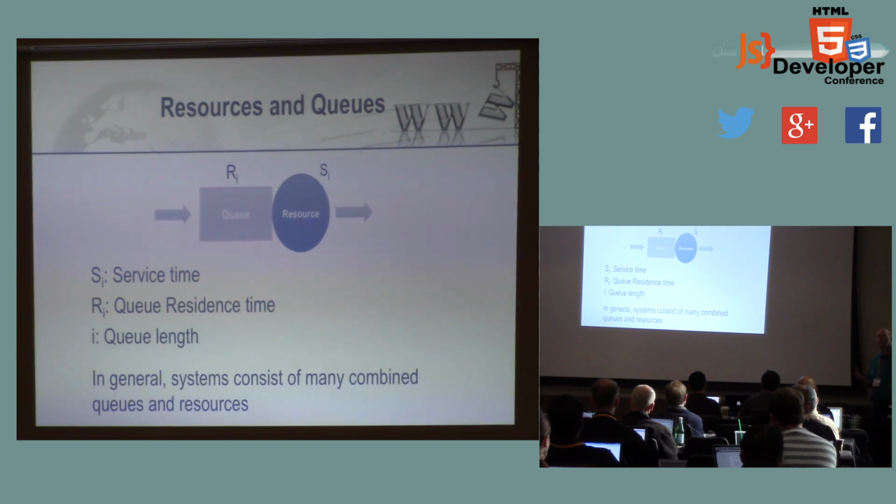Right? So if we think about this queue, there's an arrival rate. People show up and they go and stand in line waiting for their tickets, and over here somebody processes their ticket, sends them on. We've got a queue. The residence time, how long you stand in line. Queue length, how many people are standing in line. So-called service time is how long it takes you to go through that process.